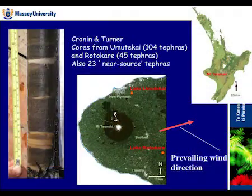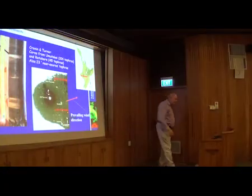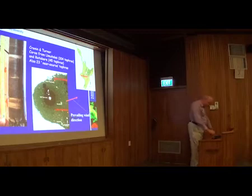And this led to the discovery of a lake near New Plymouth called Lake Mangamahoe. In this lake, we were able to find 104 volcanic ash layers. Another 45 of them were also found in Lake Rotokare, south of near Eltham. And there were 23 other volcanic ashes or tephras nearer to source. And here's our prevailing wind direction, and it's this sort of record that encouraged people to